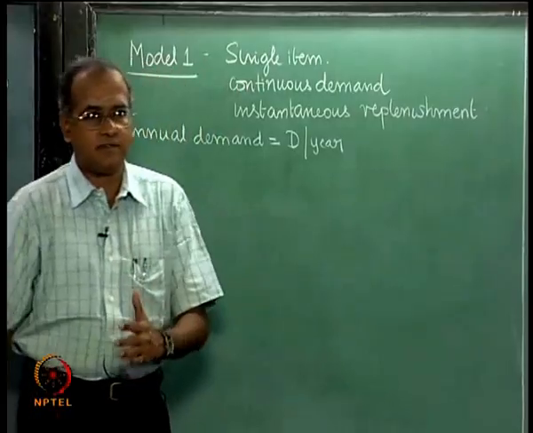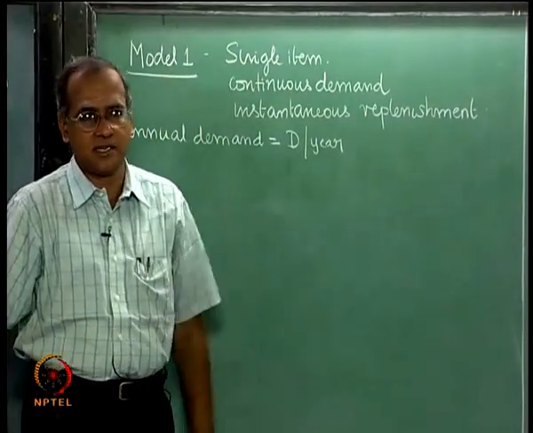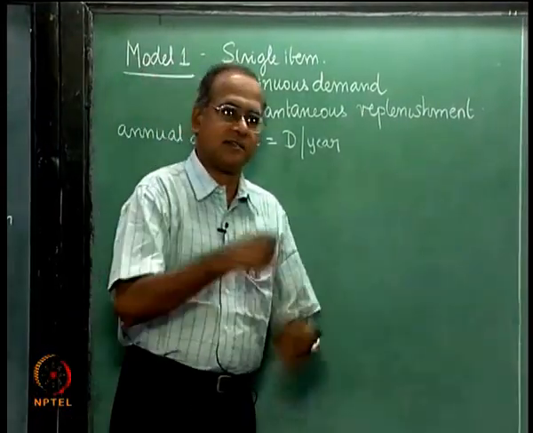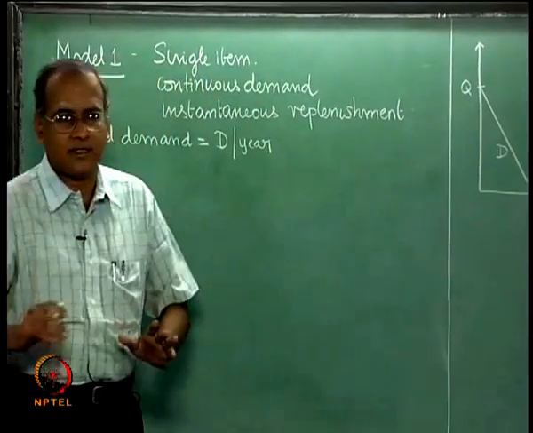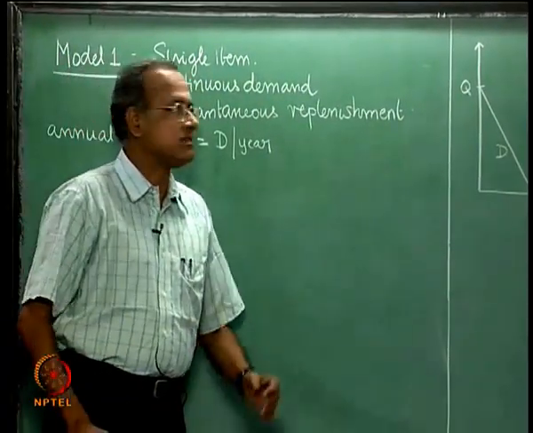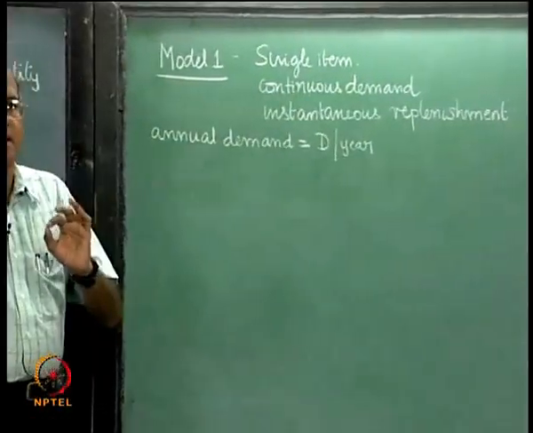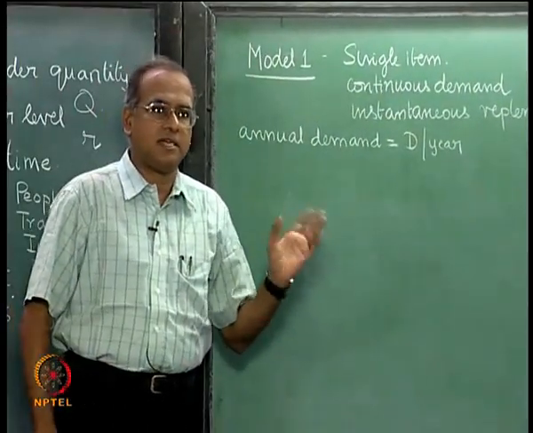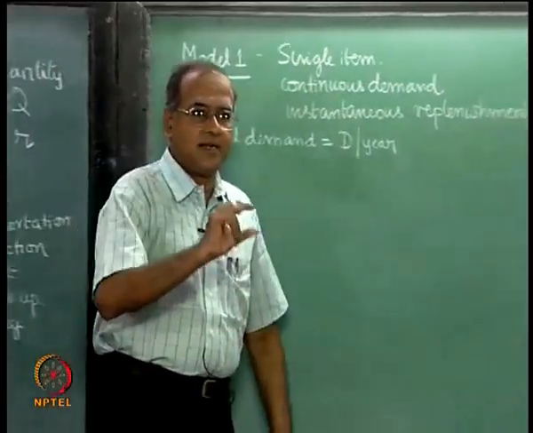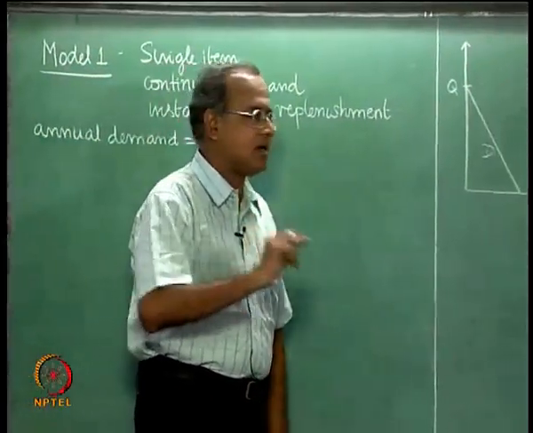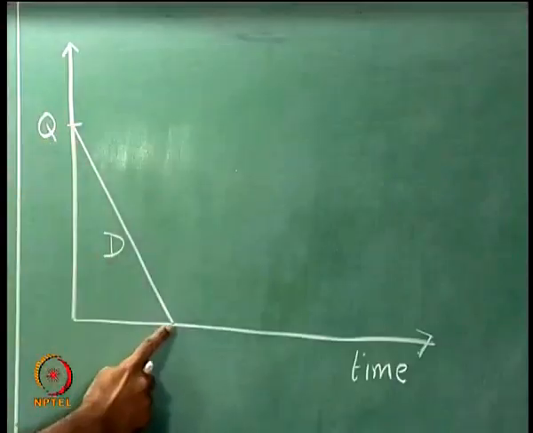If the hourly demand is 5, the demand per minute is 5 by 60 and the demand per second is that divided by 60 and so on, and the demand is the same. That is how we should look at this continuous demand, which means at every instance of time there is a demand, and since that demand is same, which is D per year, now this will come as a straight line